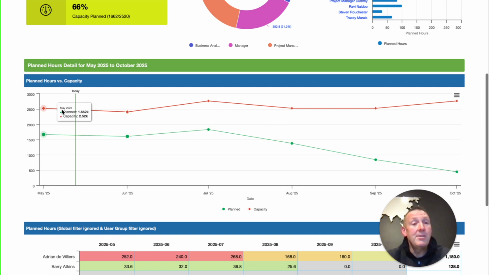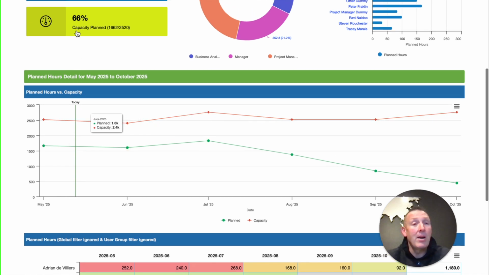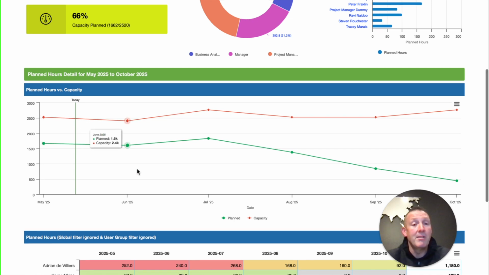The capacity is determined by looking at the resource pool, and I'll explain that now. We can see the capacity that we have, the red line, over the next couple of months. The green line is the planned time, so that's using the time that's put into the system in terms of who's planned to work on what projects. And the gap between the red and green is that free capacity. So you can see we're currently operating at 66% capacity, and that's the green line. But there is our actual capacity. So that difference over there is that 34% difference.